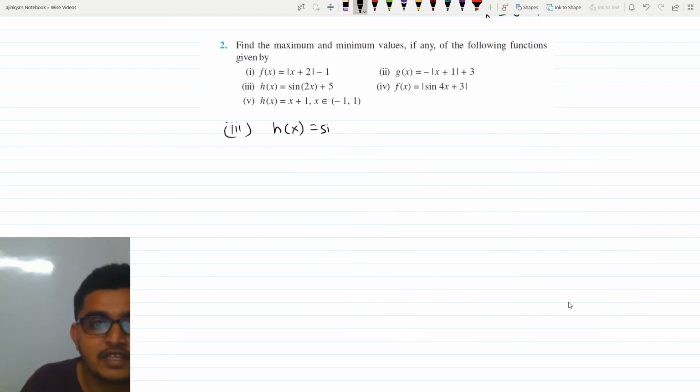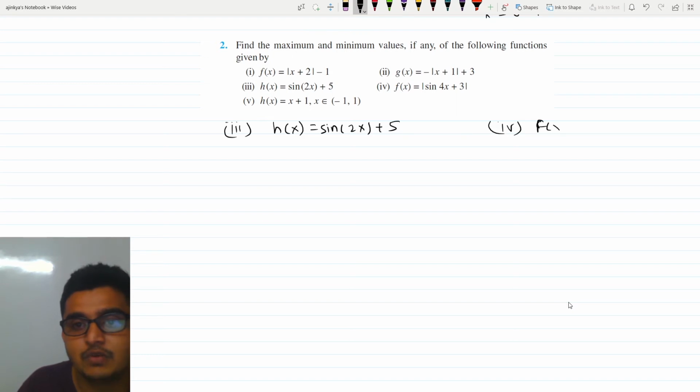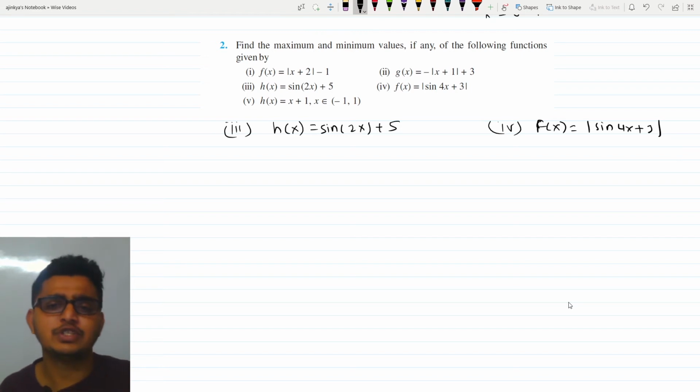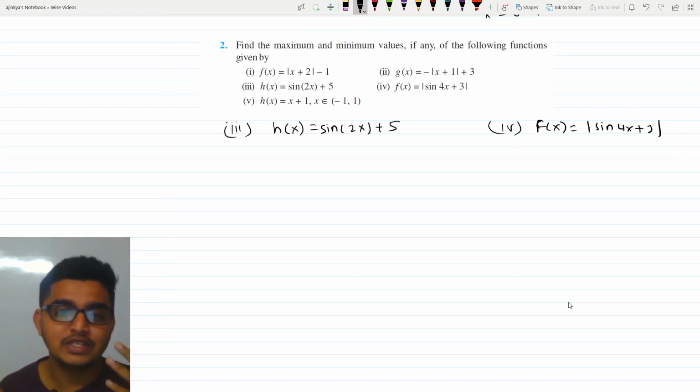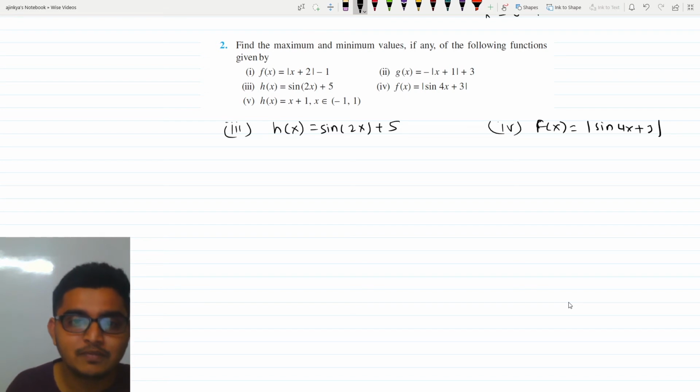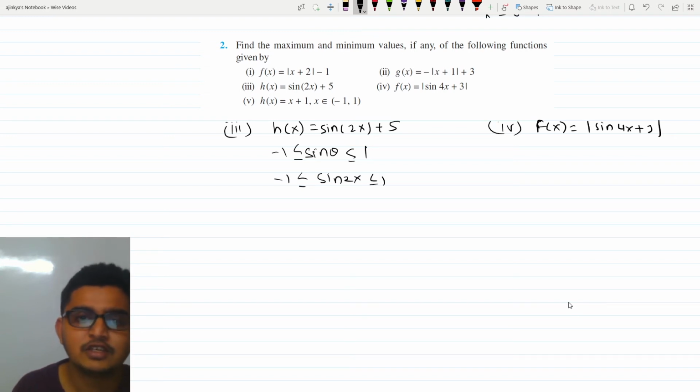In the third question, we have sine of 2x plus 5, and for the fourth question we have f of x equals mod of sine of 4x plus 3, and we are going to see these questions simultaneously and understand how easily we can do it. So do we know that sine theta will always belong to minus 1 to 1? That's the range of sine theta, right? So similarly, sine of 2x, is it going to have the same range? Yes. So if we add 5 to all the terms, we get minus 1 plus 5, so you have 4,